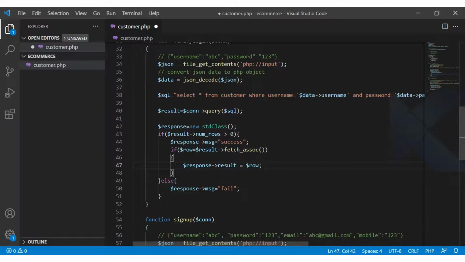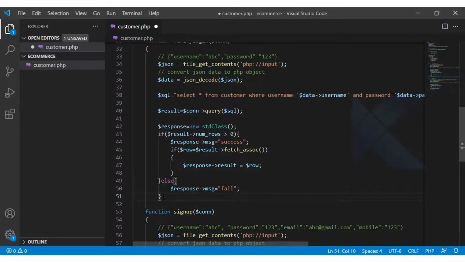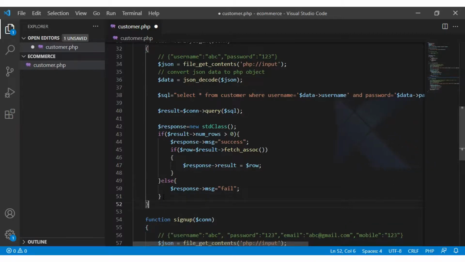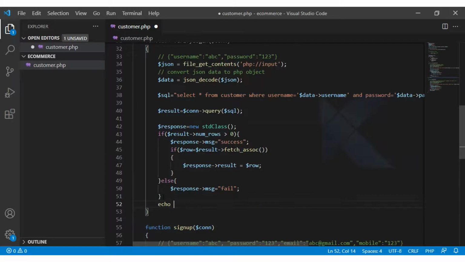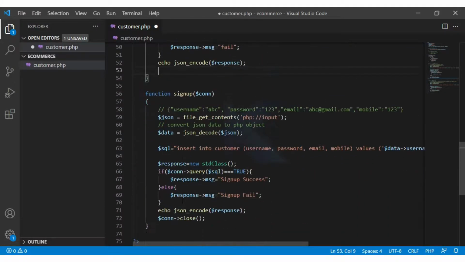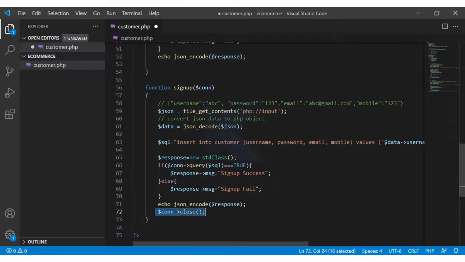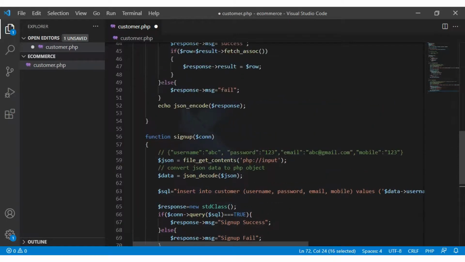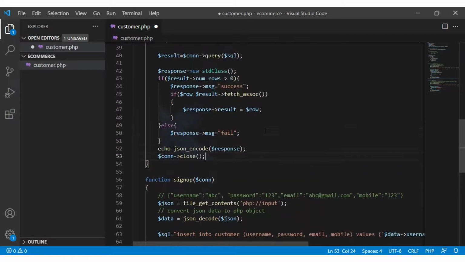So we assign the row to our response object, and at the end of this if else code I will have echo json_encode with the response object. Also we want to close the connection, similar to the sign up function, so I will repeat the close connection code here.